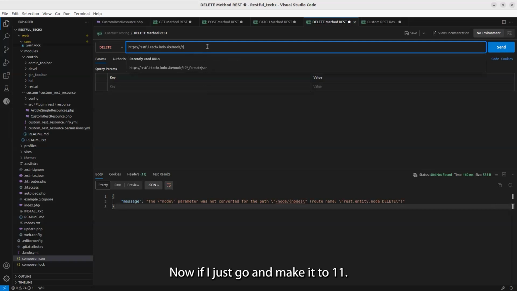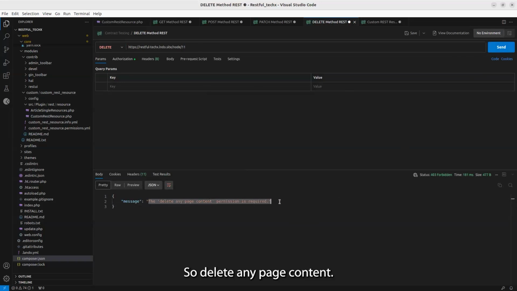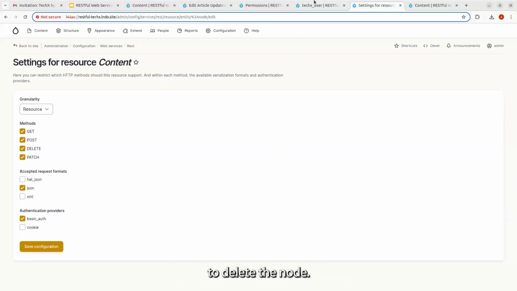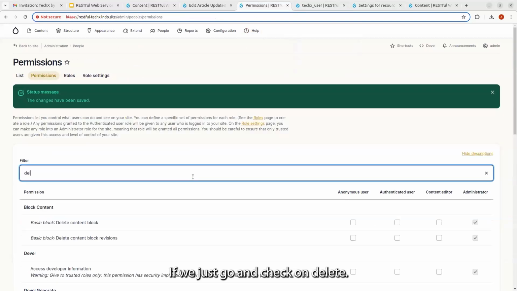Now, if I just go and make it 11 and send, okay, so delete any page content permission is required. So the user that we are trying to access the node delete functionality from is not having the proper privileges to delete the node. If we just go and check on delete,